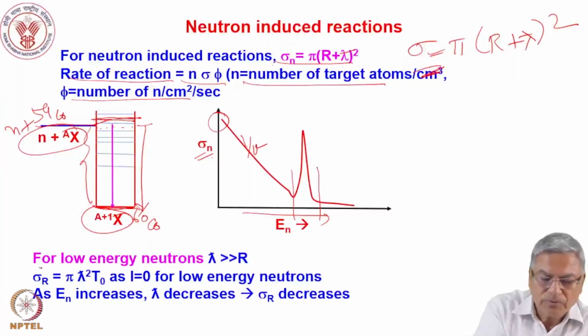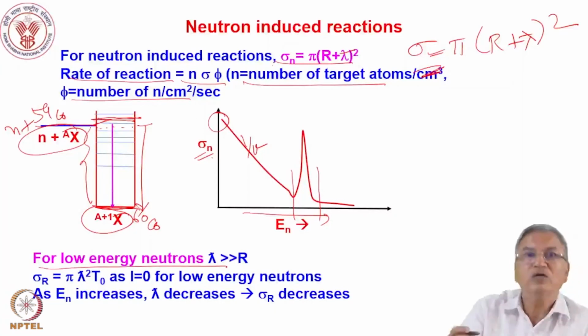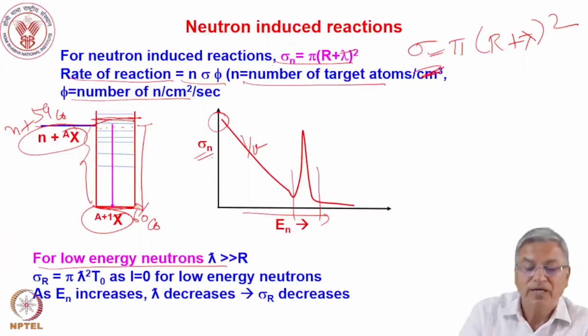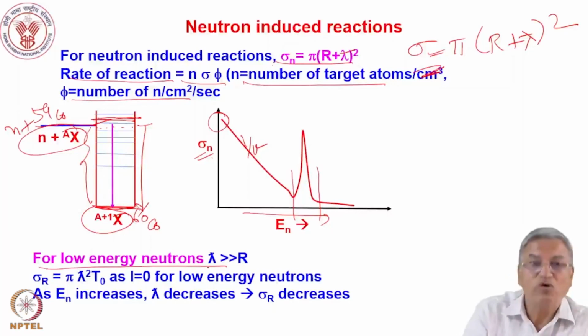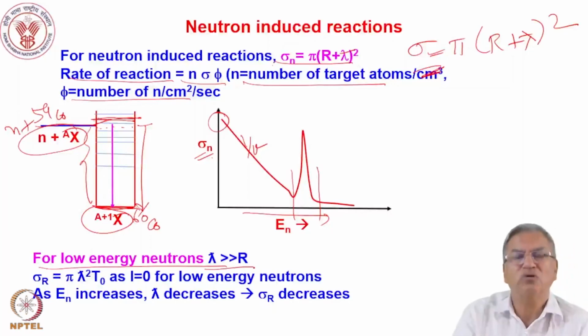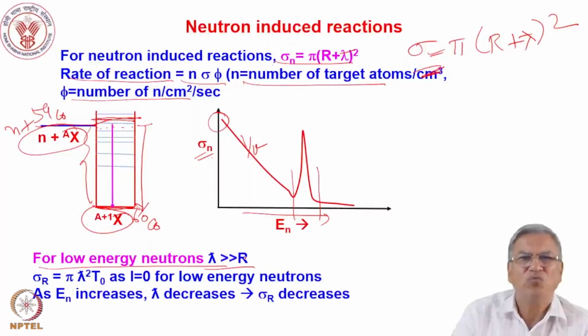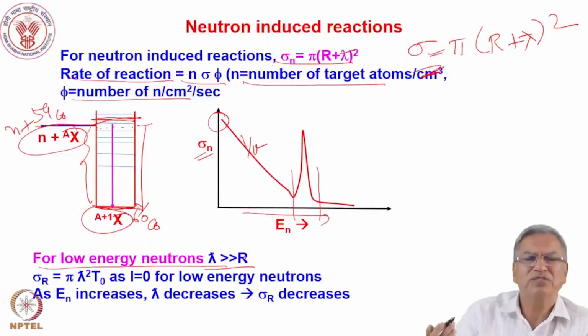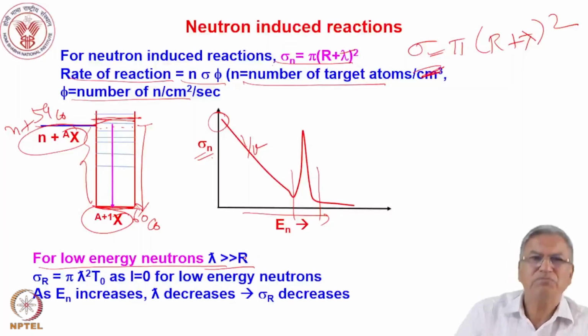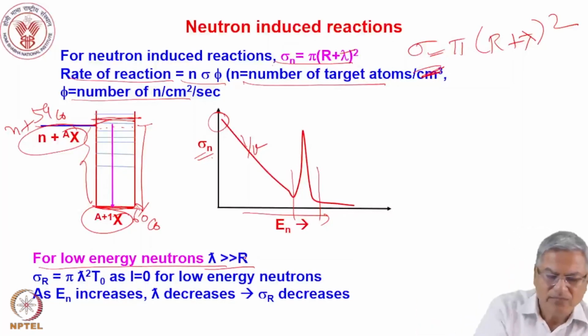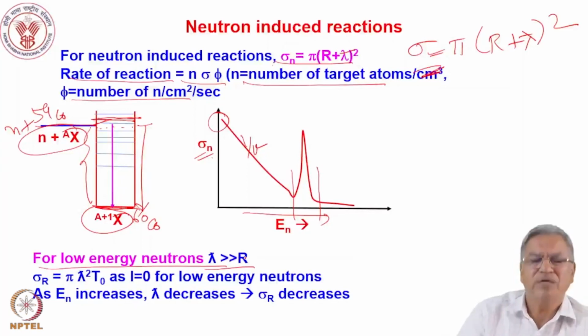Okay, so now why is this cross-section falling with increasing neutron energy? At low energy, the neutron wavelength, lambda cross, is much larger than the nuclear radius. You know that neutrons are used for neutron diffraction studies, where the crystal's dimensions are of the order of angstroms. So a low energy, thermal neutron will have a wavelength of the order of the dimensions of the atoms. So this is much larger than nuclear dimensions, and therefore